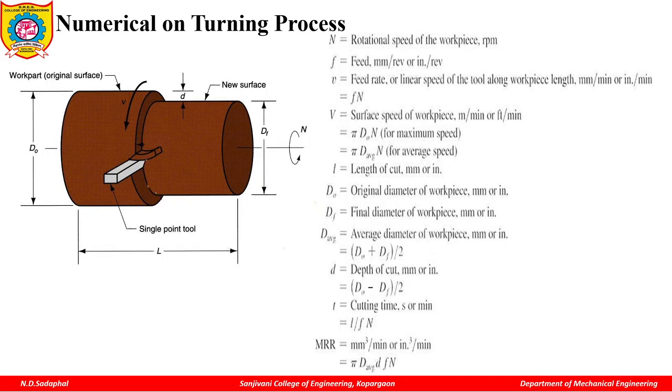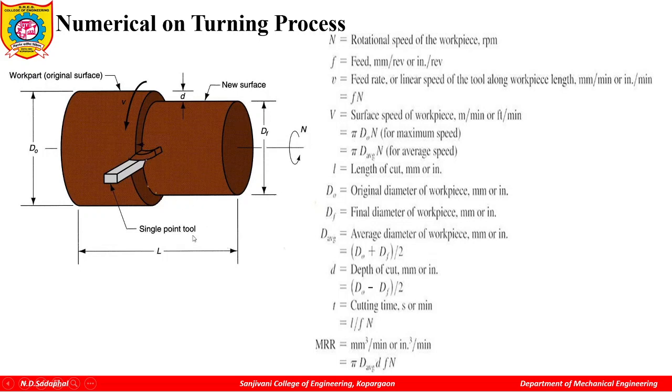Hello student, in this video we are going to study the different numericals on the turning process which is carried on the lathe machine. Now here a simple workpiece is shown which has been cut by a cutting tool. This process can be done on the lathe machine. This is a turning process. In turning process your tool is moving parallel to the axis of workpiece and the diameter of workpiece gets reduced.